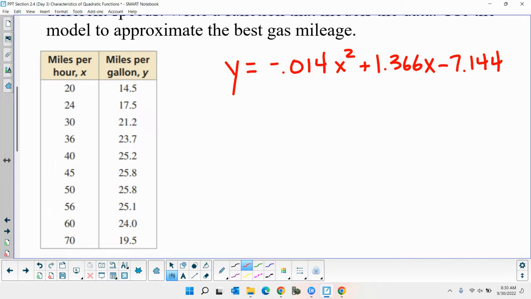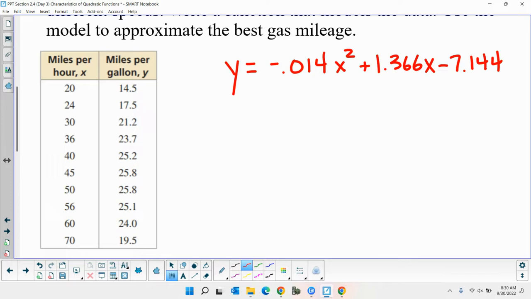Is that pretty close? That's pretty good, right? Is that what you guys got? Okay, so how do I find the best gas mileage? What do I have to figure out? Alec? Like the highest miles per gallon. Right, so what point am I looking for? Vertex, right? This opens down, doesn't it? We got a negative A value,